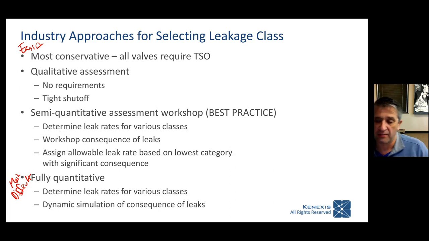I don't know. I'm just going to say we need tight shutoff. But that is easy for the designer. It is difficult for the person who has to pay for the valve. It is difficult for the person who needs to design the valve in terms of picking valve types and materials